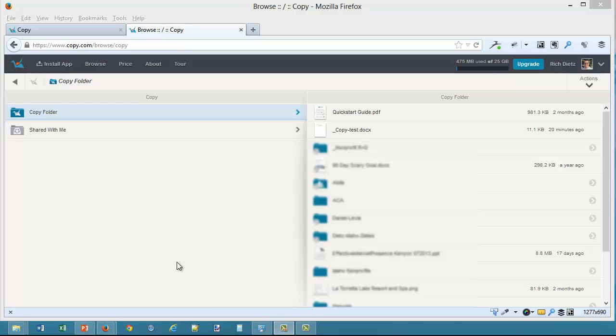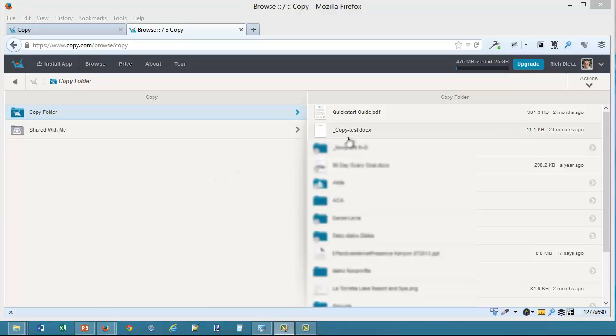Now let's take a quick look at the online version of your copy.com account. Once you've logged in to the online version, you're going to see a setup similar to this. You'll have your files over here on the right. You can have different folders over here. We've already been here to install the application. But now that we're in here, there's a couple of things we can do with the files, and it's a little different than the copy folder we have on our computer.